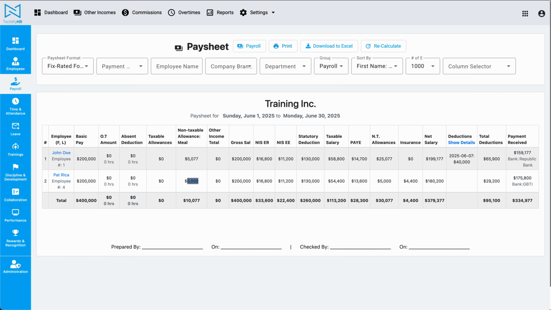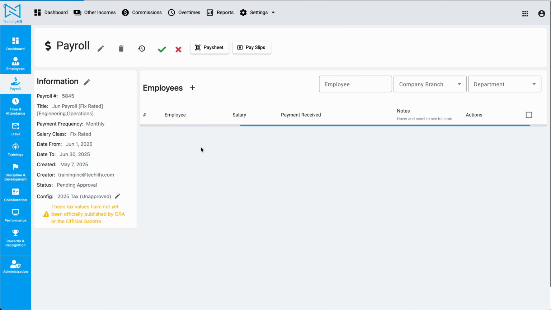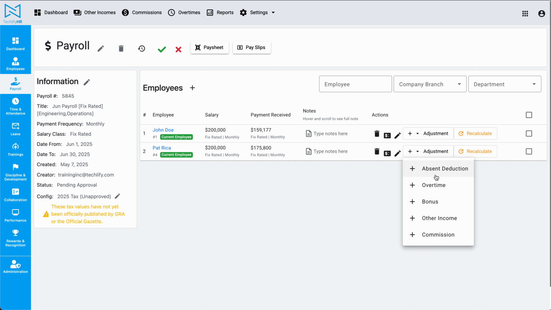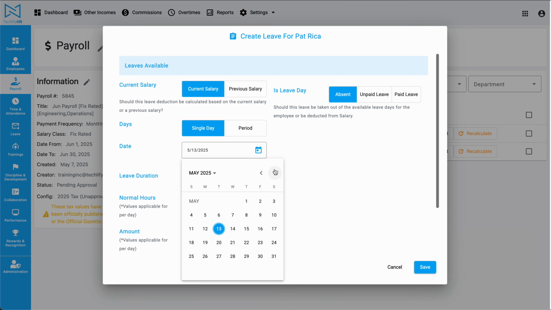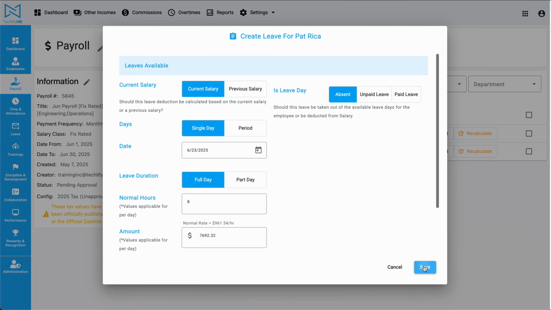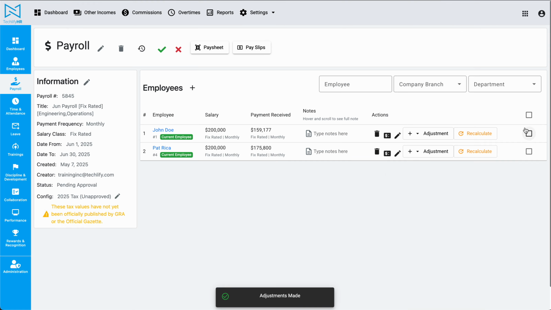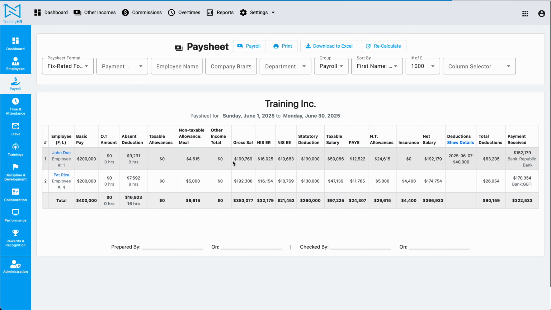And you know what? I can do this directly on payroll. So for Pat, I'll add an absent again on June 23rd. I'll hit save. I will recalculate both John and Pat here. Now, if I go back to pay sheet,